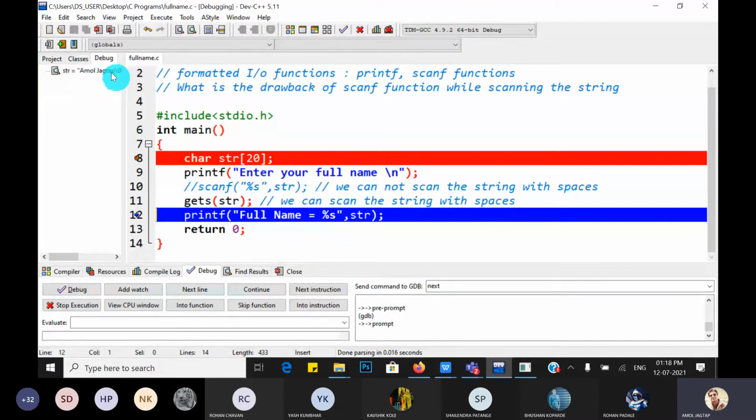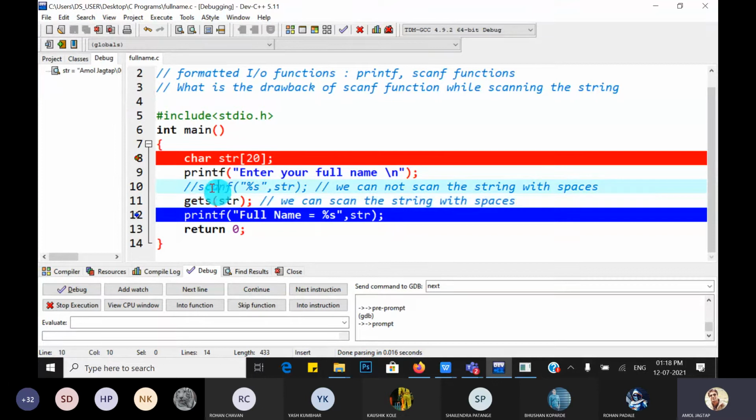Amol space Jagtap. That string gets stored because, using gets, when you enter a space, it is not treated as the end of the string. Only when we press the enter key, that enter key is treated as the end of the string, and it gives you \0 at the end.